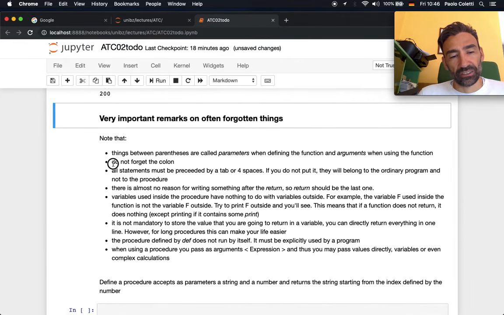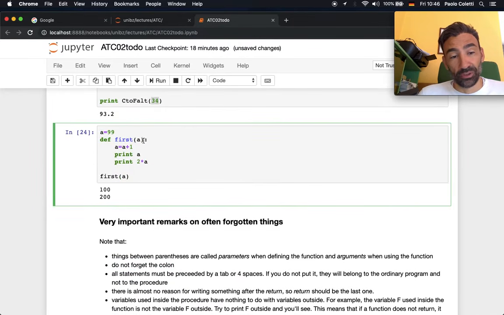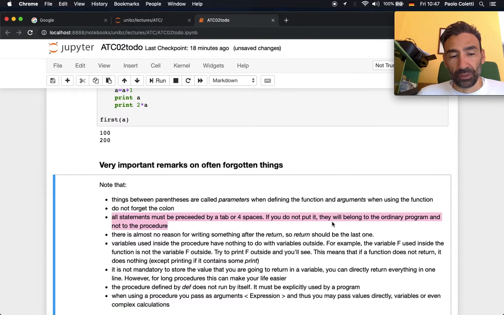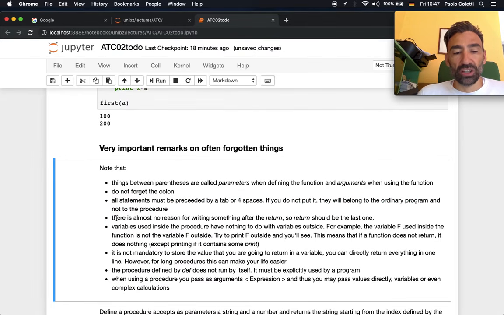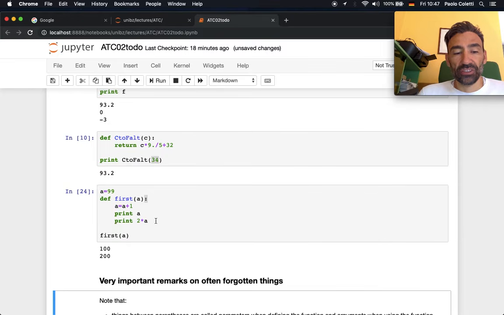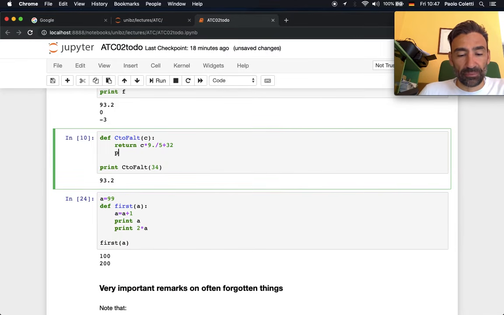Do not forget the colon. I will forget it, so please remind me. I will always forget this colon here. All statements must be preceded by a tab or 4 spaces. If you do not put it, the statement will belong to the ordinary program and not to the procedure. There is almost no reason for writing something after the return, so return should be the last one. If you return something, like here, if I write return and then I write, for example, print hello, I'm sorry,